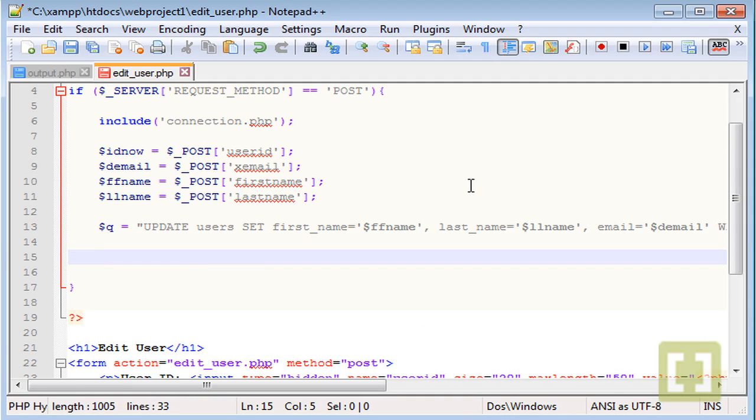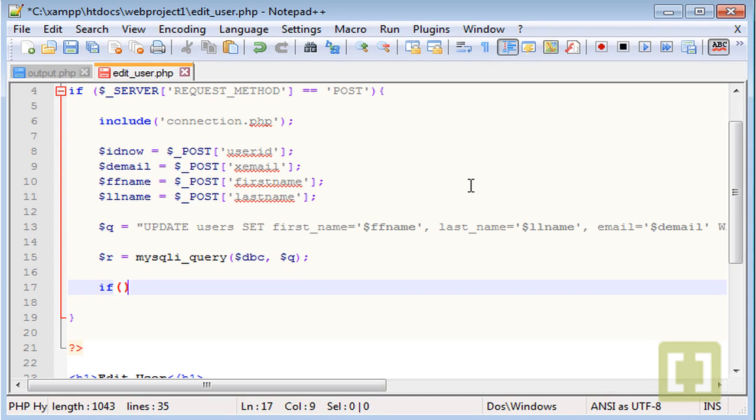Okay. So now we type r equals to mysqli query. Now I type dbc out q, and in here we're going to type an if condition, so you can know that something has changed in the database, mysqli affected rows. Okay, and to do this we need parentheses, and if there's an affected row equal to 1, means that we have changed a user,